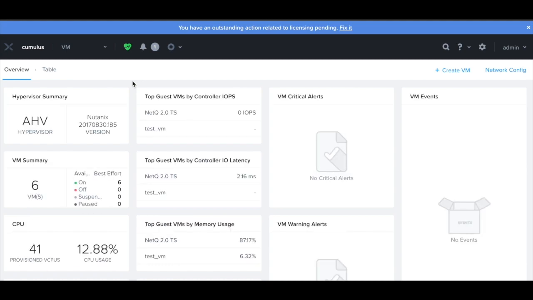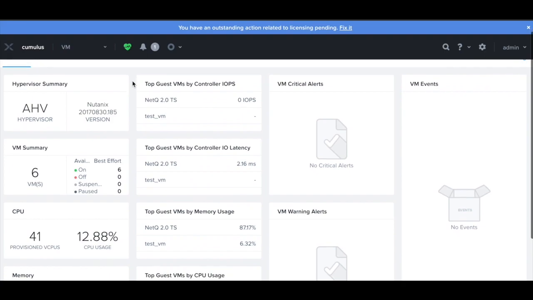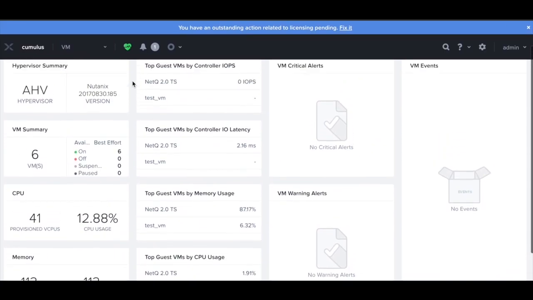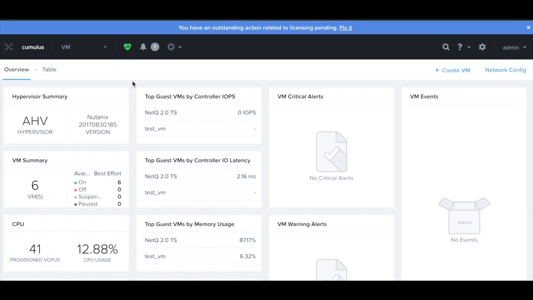Once the nodes are online, Cumulus Linux switches will listen to Prism VM events and manage all VLANs on the switches related to the VMs. As new VMs are created, deleted, moved, or destroyed, Cumulus HCS will deal with all VLAN configuration without any user